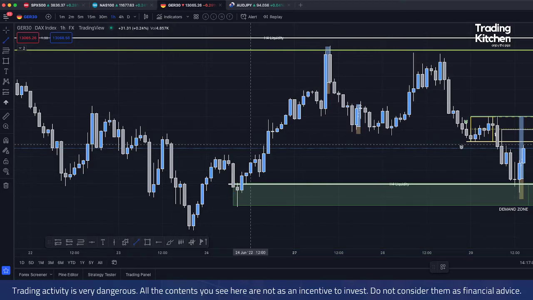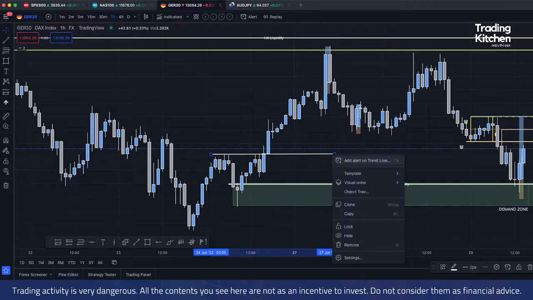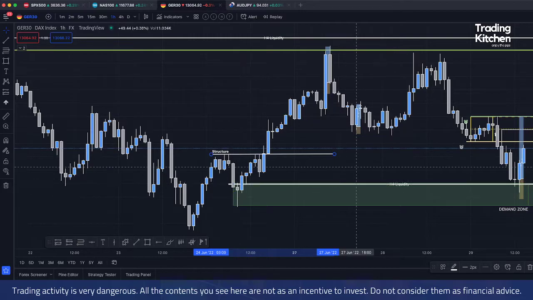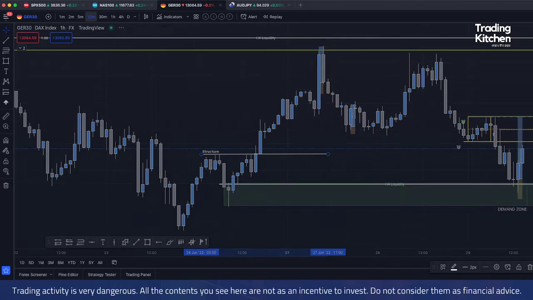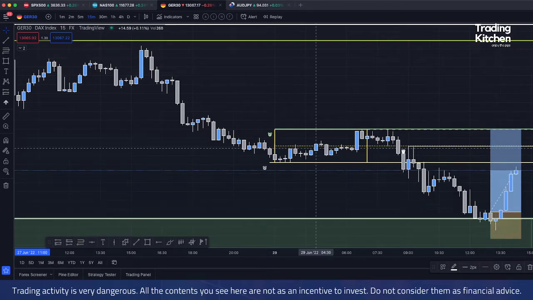So this is a very important demand zone, because this structure had been broken. I just wait for the price to reach the zone on 1 hour time frame. As price reached the zone, I immediately